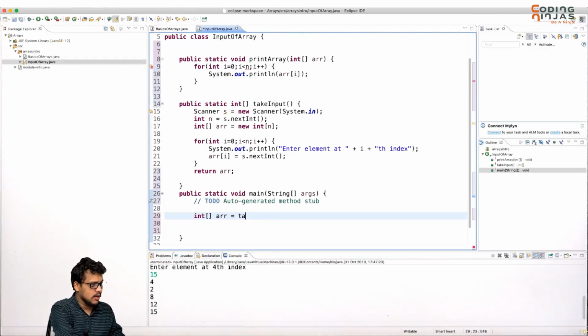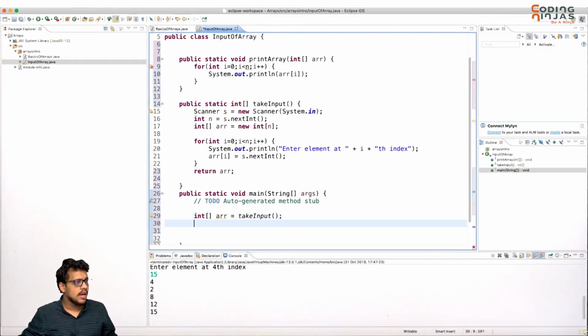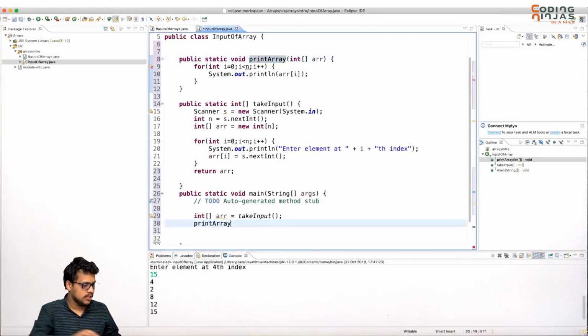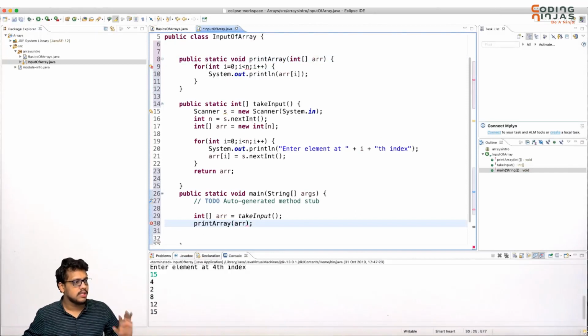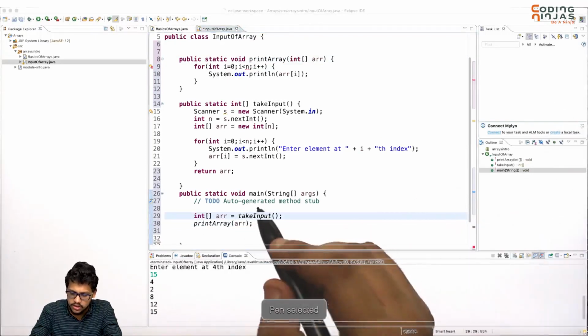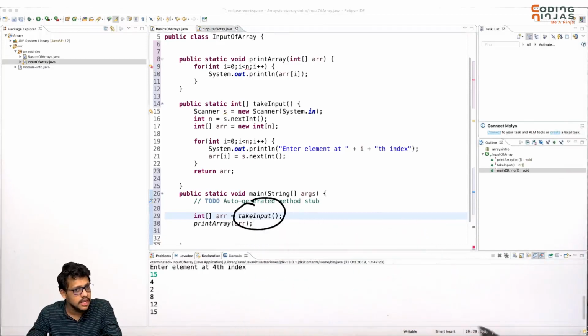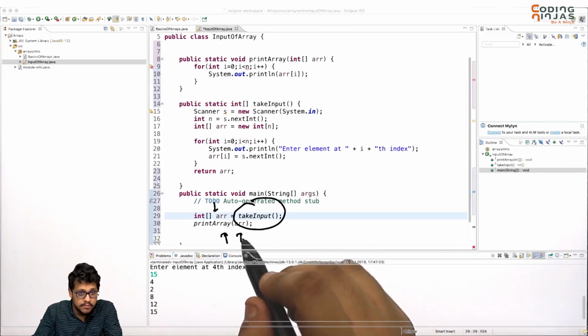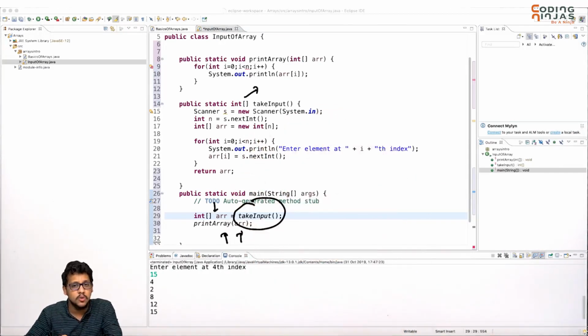Our array is coming out of the take input function, and after that we are calling a print array function. We are passing an array here and it will just print that array. So first this function is called, which will take the input and you will get an array in this. After that we have called a print array where we pass this array and its task is to print the